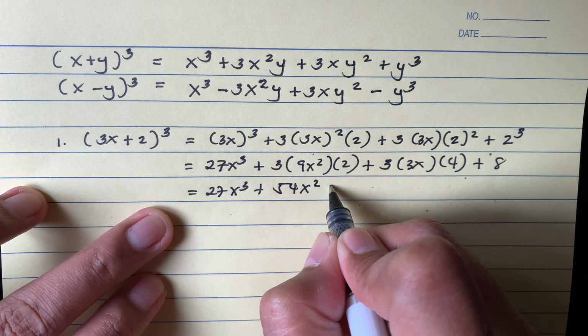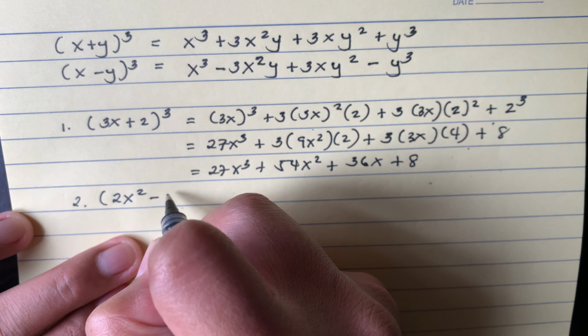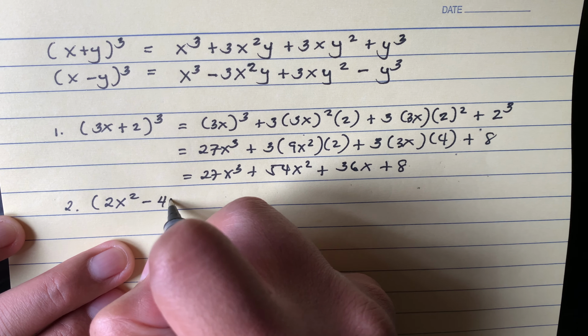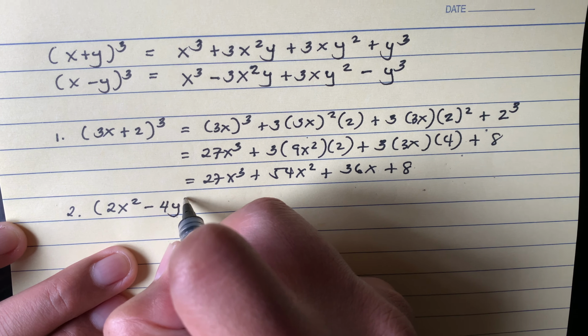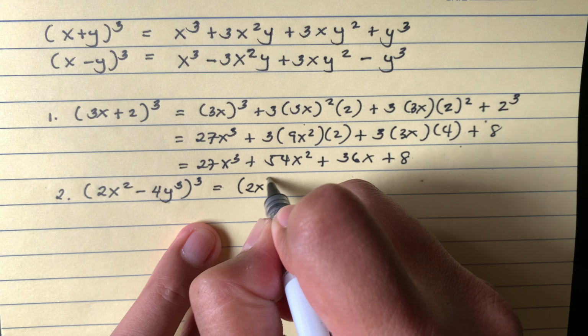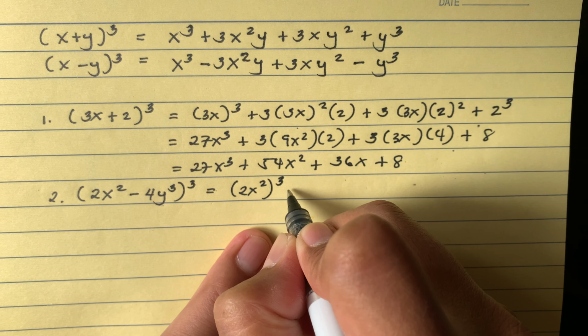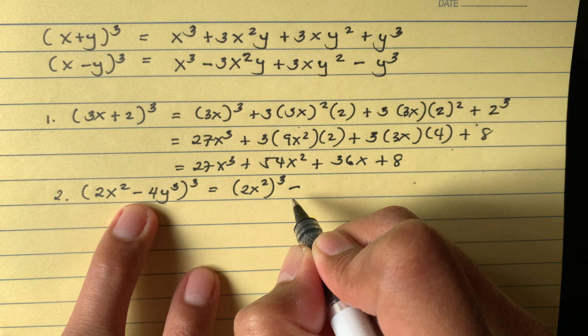Another, let's say we have 2x squared minus 4y cubed. Then it will be raised to the power of 3. So again, we are going to raise your first term to the power of 3. So we have 2x squared raised to the power of 3 minus, because this is minus